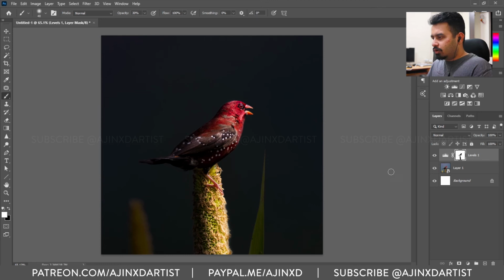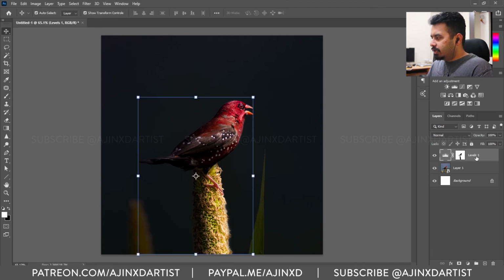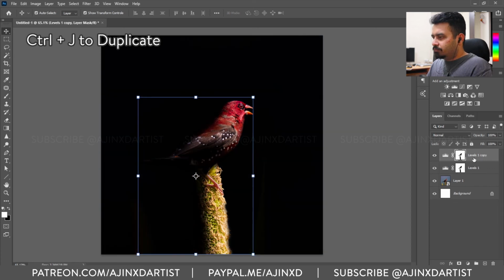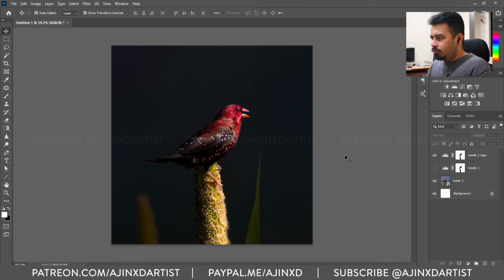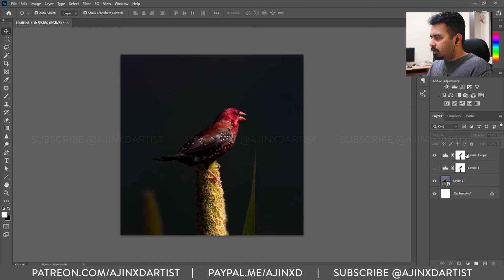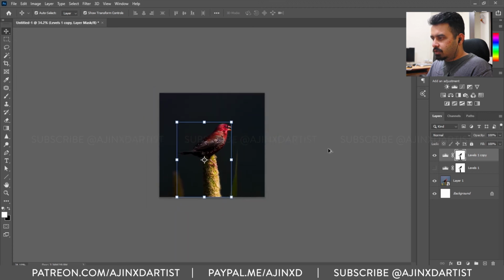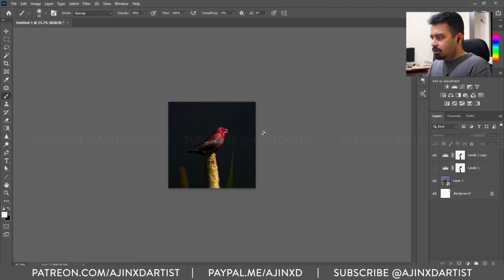What we can do now is create a copy of our levels by pressing Ctrl J and turn off the original one. So now we have a copy of the levels as well. Now we have to select the mask of the copy that we made. Select a big soft brush and yeah, this should work.